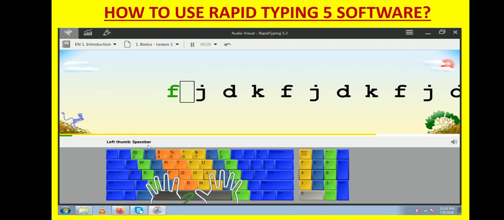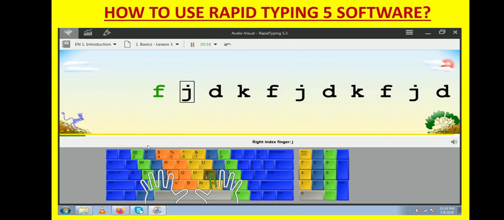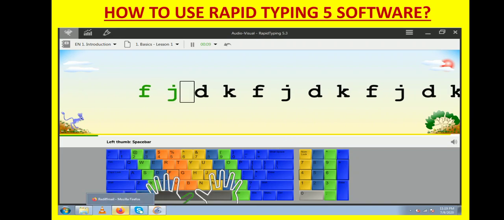Left thumb, use it for spacebar. Then right index finger for J. Left thumb for spacebar.